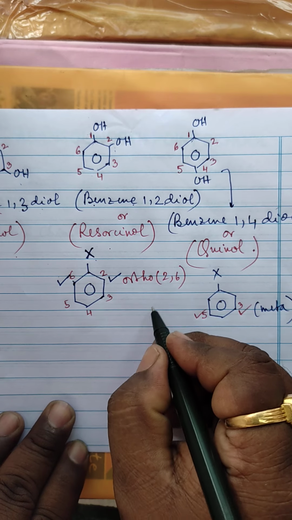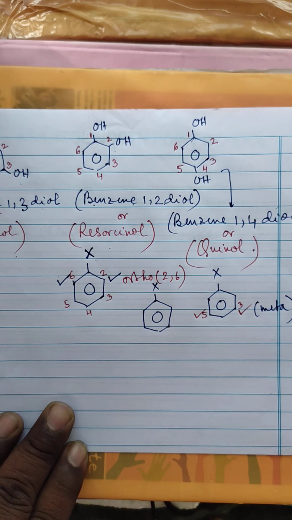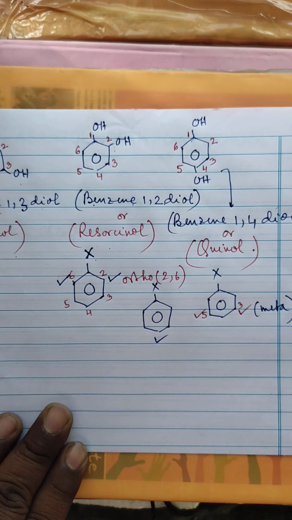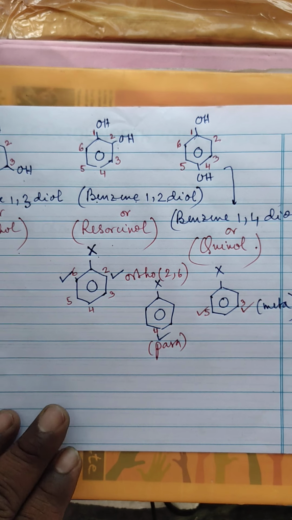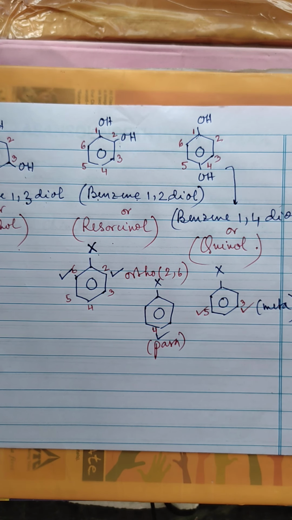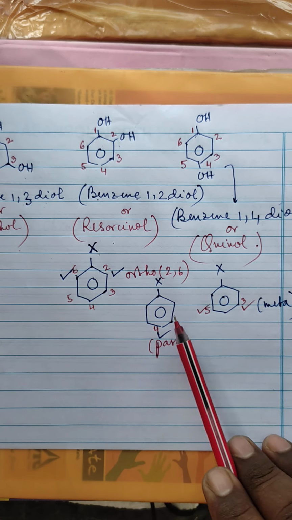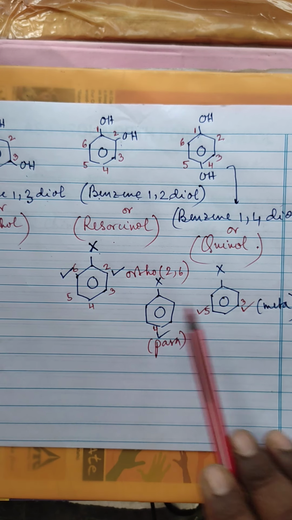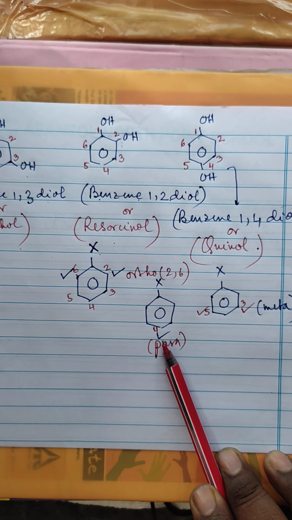If the substituent is located like this, that is we have a substituent X over here and this location which is opposite to it, that is called para. This location is called para. So position number 4 is called para. When a single substituent is present, then we need not mention ortho, meta and para. But if the substituent is present adjacent, this is called ortho. If the substituent is present at the intermediate position, it is called meta. If the substituent is present opposite to it, then this is called para.